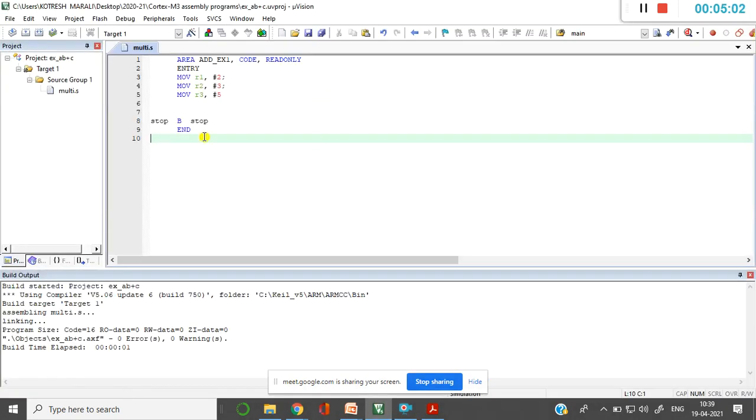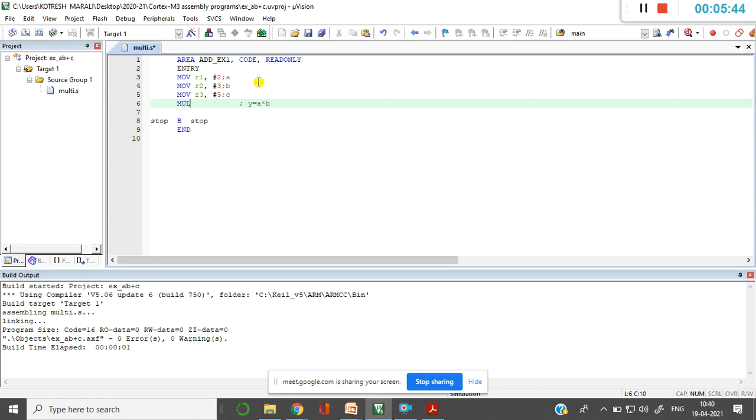Now quickly we'll try to see the output of this MLA instruction. I'm trying to consider R1, R2, R3 here, which is nothing but A into B plus C. So here this is A and this is B and this is C. Now what is to be performed here? Semicolon indicates the comment line, that's it. So I need to perform y is equal to A star B. If at all I want to use, how can I perform this?